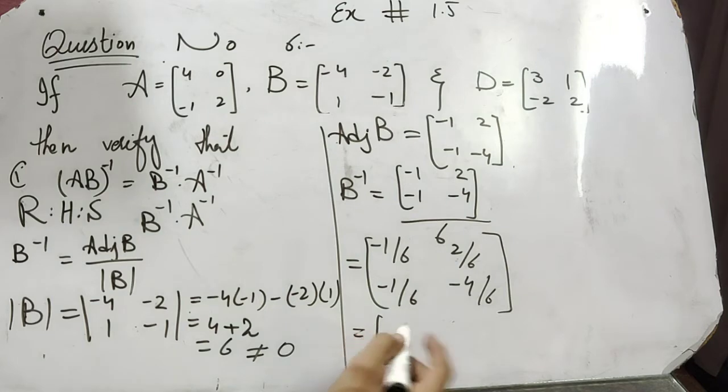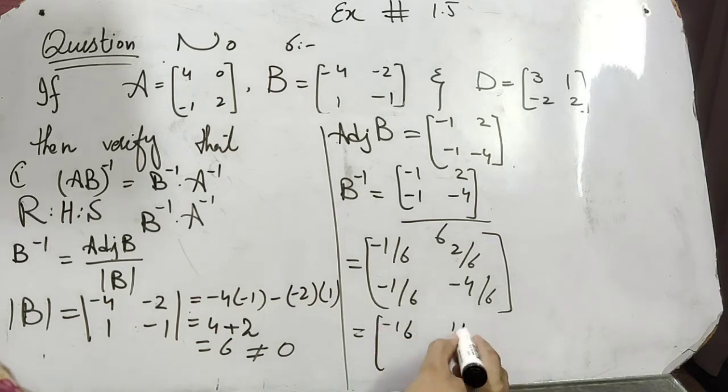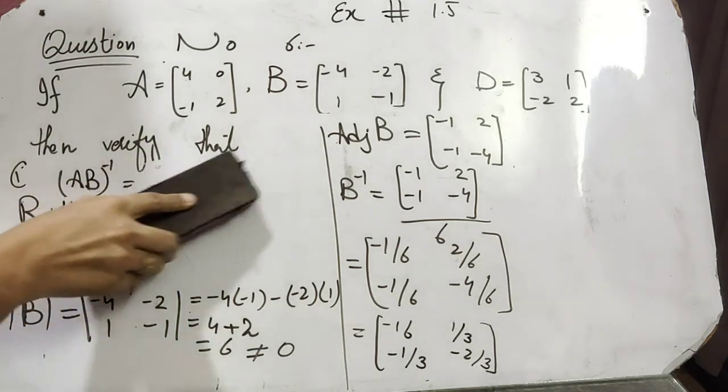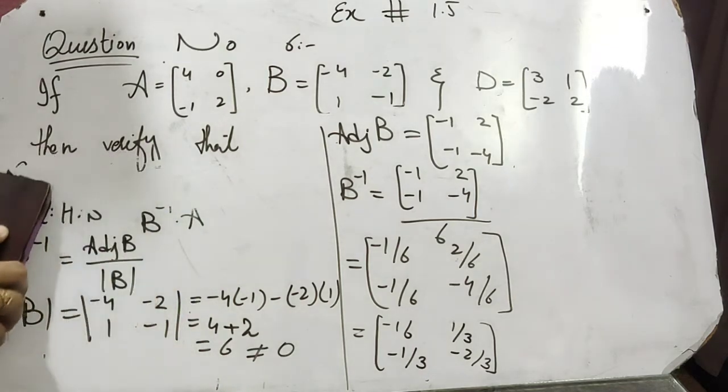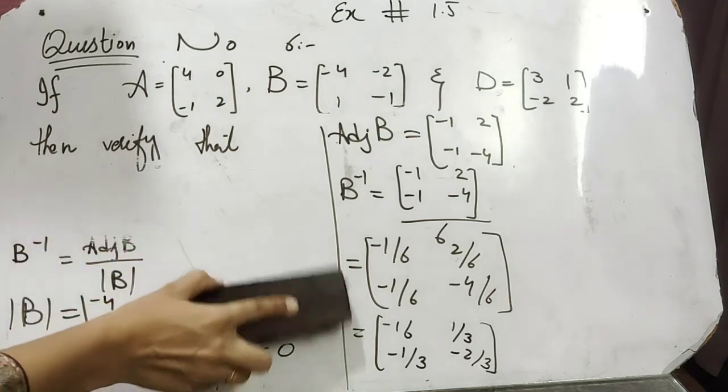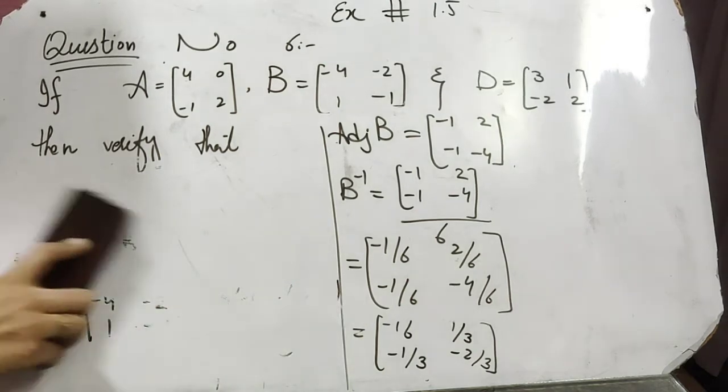and it will be equals to -1/6, 1/3, -1/3, -2/3. This is the answer of B inverse. Now we find A inverse. We get